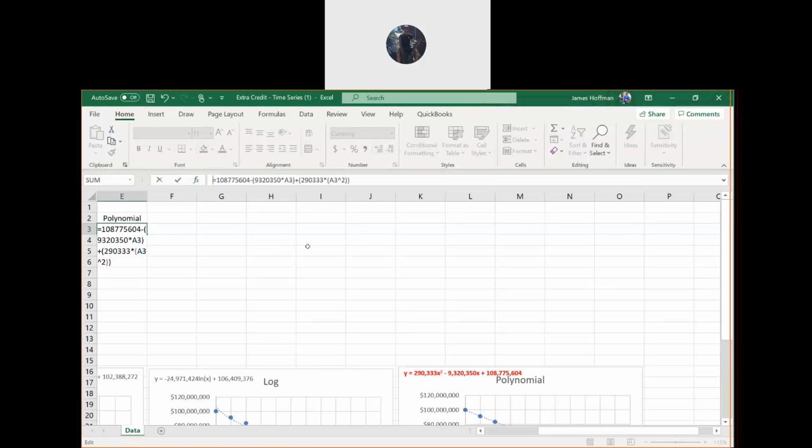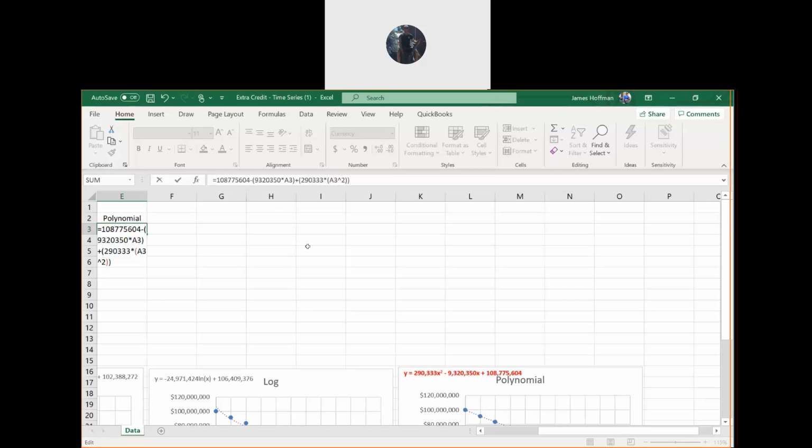All right, so let's see. I think that's it. Again, I'm typing in the equation from the trend line that we got displayed there. So it's equals 108,775,604 minus, in parentheses, 9,320,350 times A3, that's X. And then plus, the final argument in parentheses is 290,333 times A3 raised to the 2, and then another parentheses.